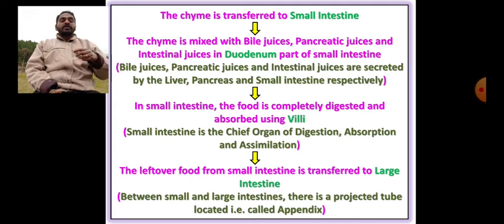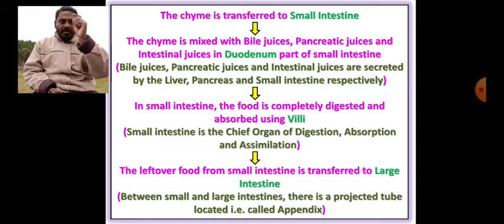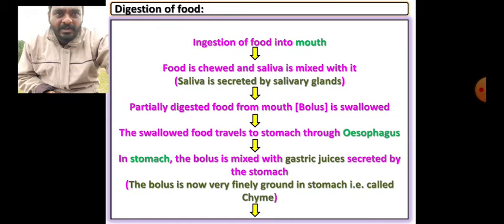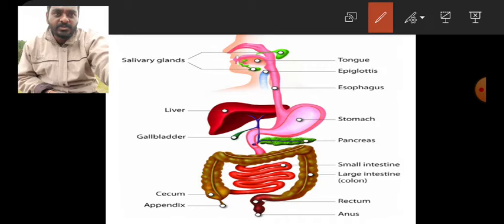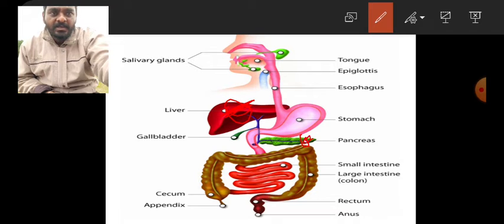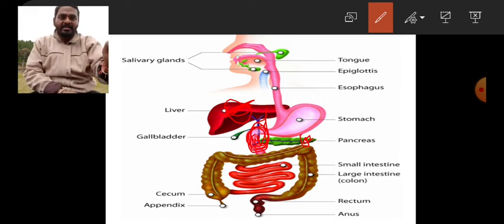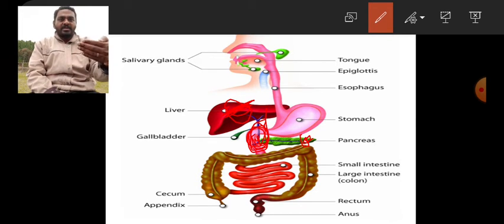And now we have already seen the liver, right? Now I will go back to that diagram just to understand it. You see here in the diagram, I will show you. Watch here, the liver, and then the pancreas. They are opening here into an almost U-shaped tube. This U-shaped tube is called the duodenum, and there the pancreatic juices and also the liver juices are added. Bile juices, which are secreted by the liver, are added here.